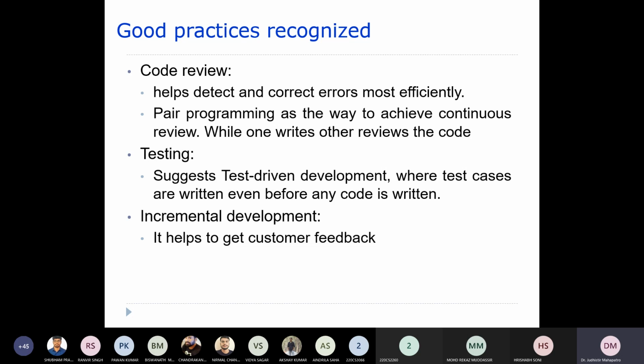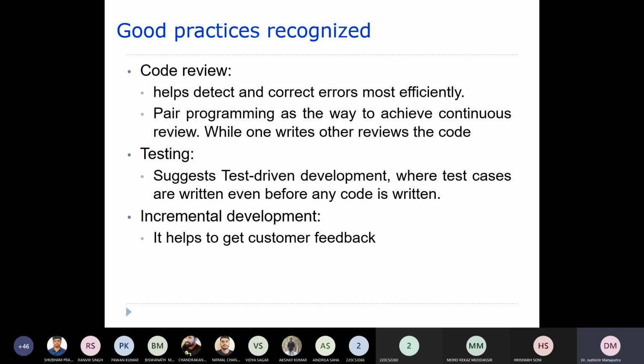Developing the test cases before you write the source code also has shown benefits in the past, so we should use this way also.